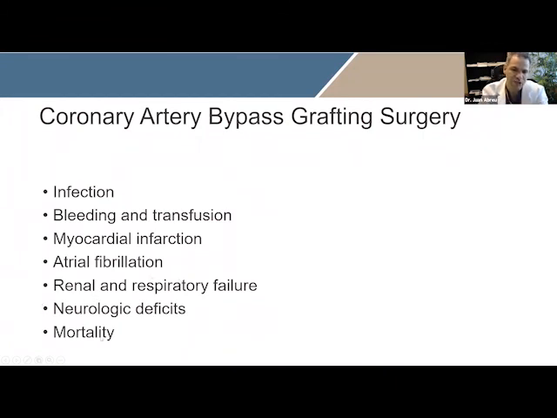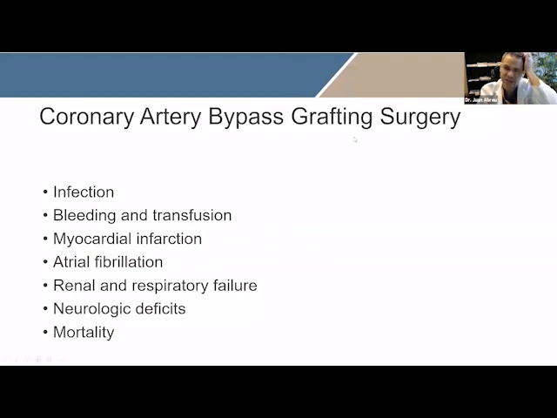And about the neurologic deficits, there are 2 types, okay? So one type is going to be having, let's say, some mild cognitive impairment. Let's say you go to the supermarket trying to buy 3 things, you only remember 2. All right, that's one type. And the other type is having a stroke. The chances of stroke, depending on your risk factors, is about 1%. All right. And then sometimes it's a very low risk of stroke, but it's never zero.